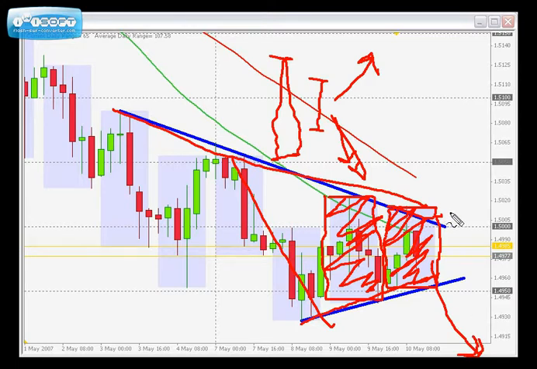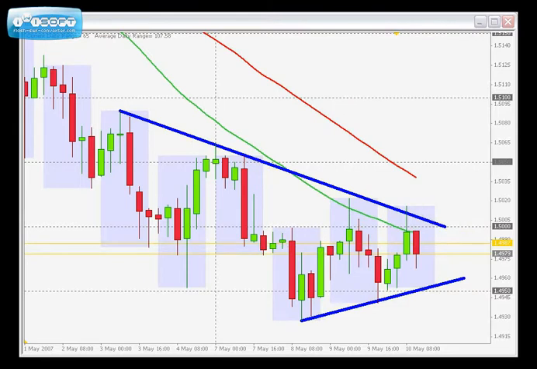Alright guys, that's it. I'm going to pause the video. I'm not going to take any trade within the next hour or so, because even if the breakout occurs right now, which it doesn't because there's still a fair distance to the downside, even if it did, there are some news coming out in half an hour on the Canadian dollar, and also we have